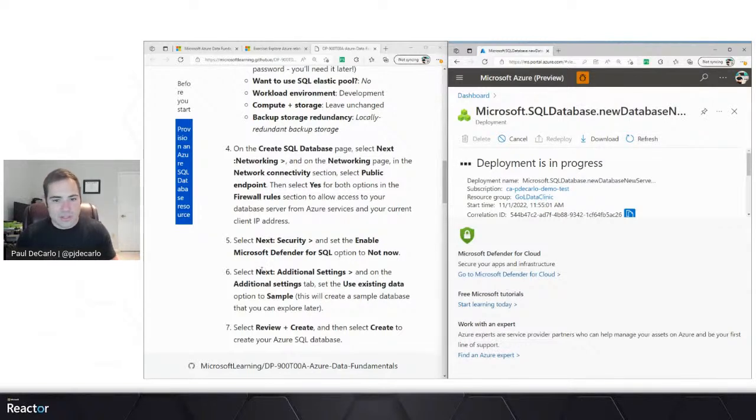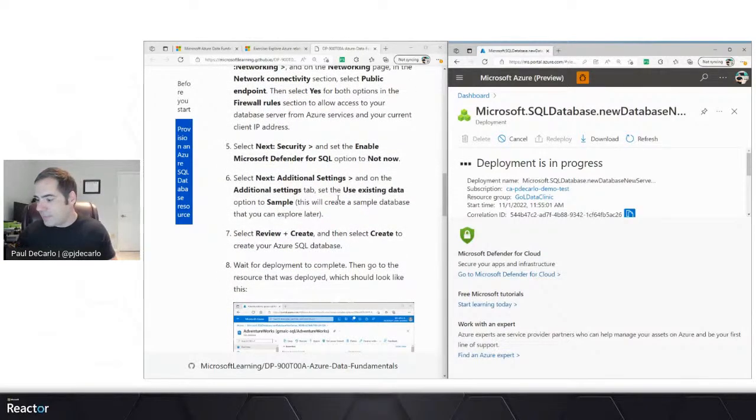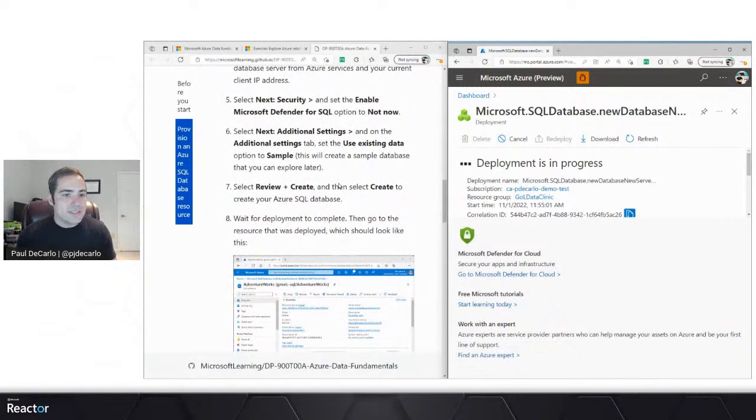And as that's going on, discuss what we're going to do next. And maybe for the instance of the time, I may jump into a database that I've already deployed using these same exact steps, just in the instances of saving time. So what it's going to ask us to do here is, after we've deployed our database, to head into the